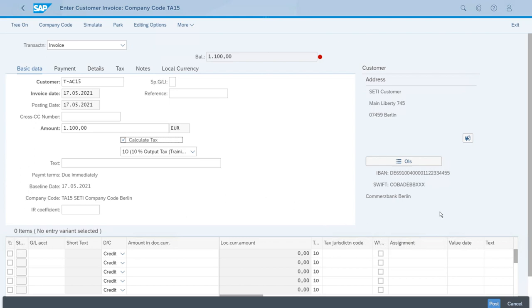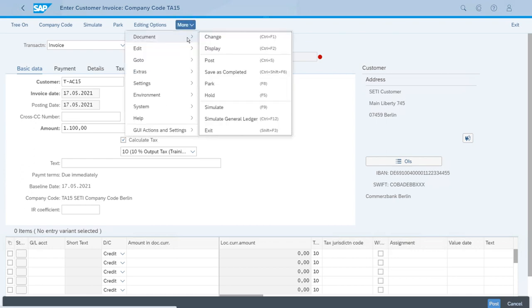And of course, we only have two options. We can either cancel and lose everything out, or we can use the hold function. So we don't want to lose the data. And to show how we can do this, we will go all the way to the top to the More menu. We will go Document, and here we have Hold. So let's just click on this option,